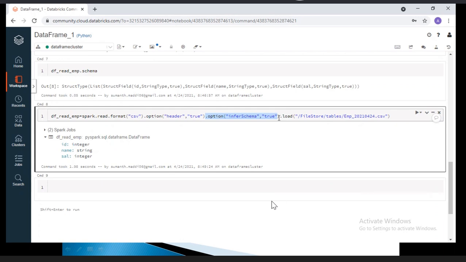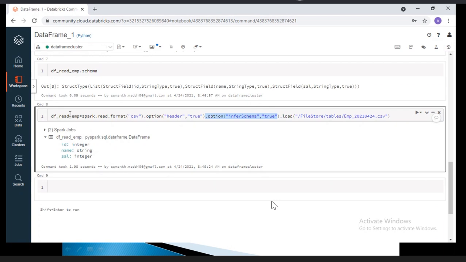So it depends on your requirement. If in your requirement data types are mandatory, meaning integer or string is mandatory, maybe you're performing calculations or validations, and it's mandatory to define the data types, then we'll use infer schema equal to true. But you will see performance issues, at least 5 to 10% compared to infer schema false. Clear, right?